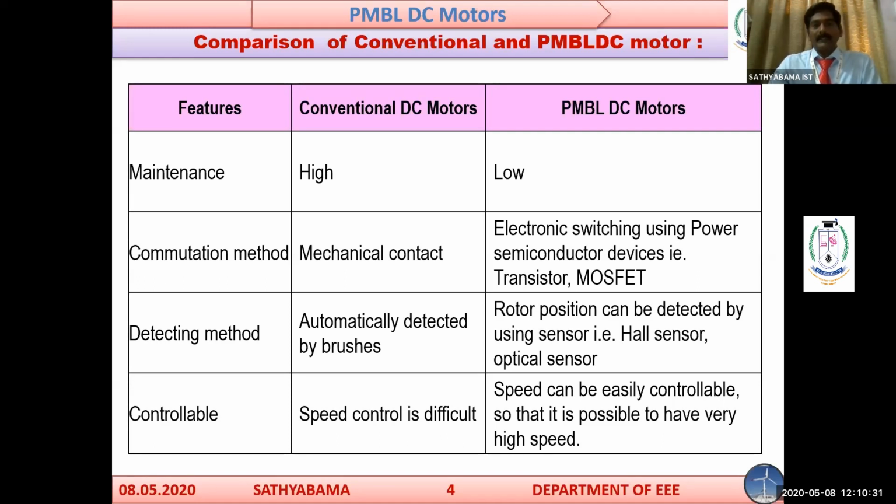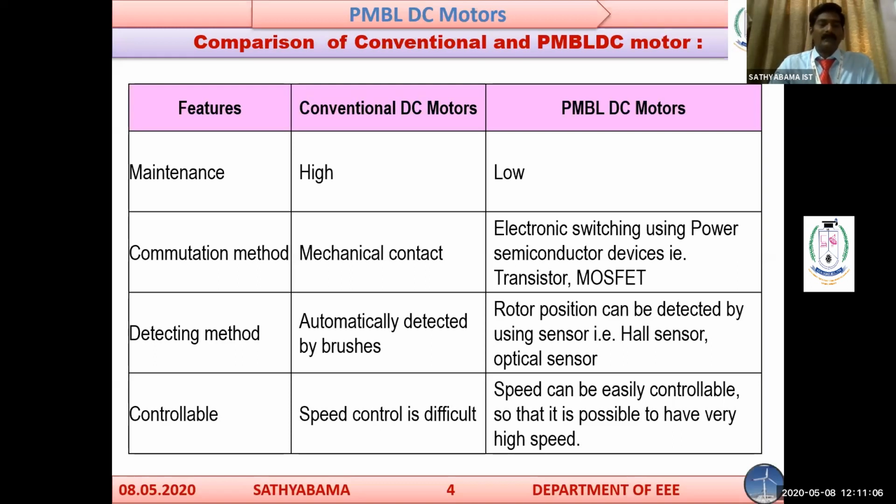For commutation method, for the conventional DC motors, we have mechanical contact. Whereas in PMBL DC motors, it is electronic switching using power semiconductor devices. Example, thyristors, MOSFETs, transistors, etc. The detection method: here it is automatically detected using brushes in the case of conventional DC motors. Whereas in PMBL DC motor, the rotor position is detected using sensors, for example, Hall sensor or optical